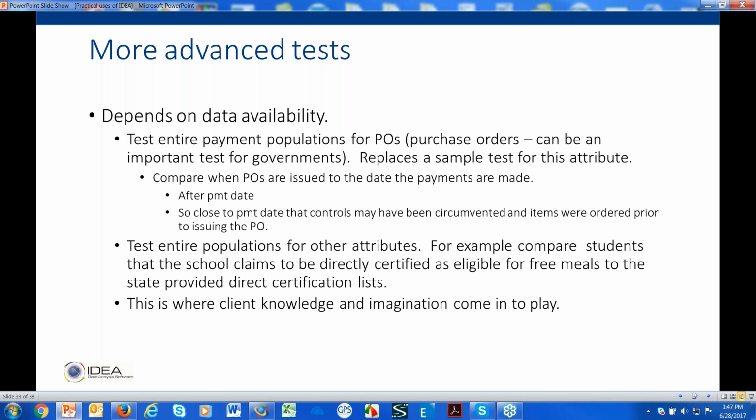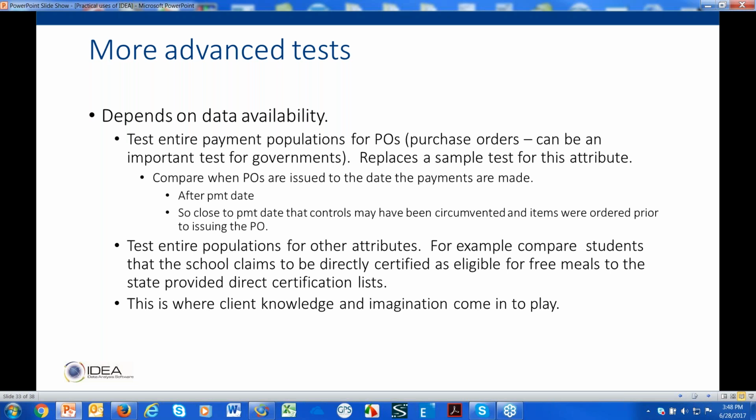So by looking at the data file, I can say which ones of these are on that direct certification list, and then I can obtain the list and compare the two using IDEA and say, okay, I was able to